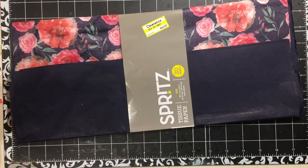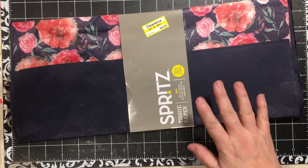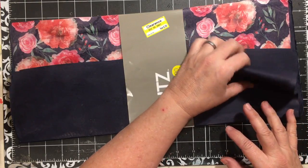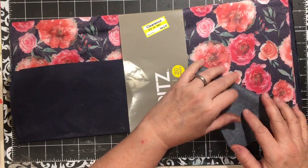This time I was at Target. I originally went there to pick up the flowers for the arrangement I needed to make, and their flowers hadn't come in yet, so I ended up somewhere else. But I found this